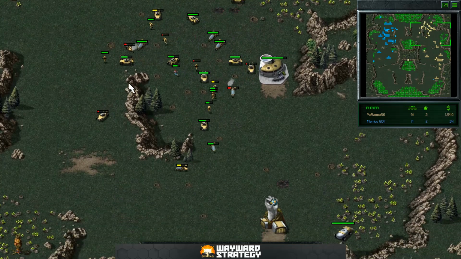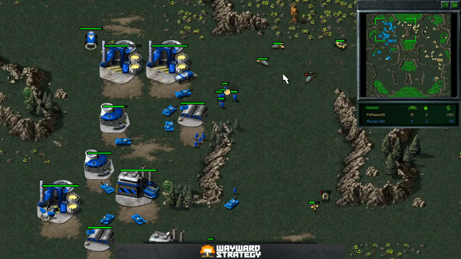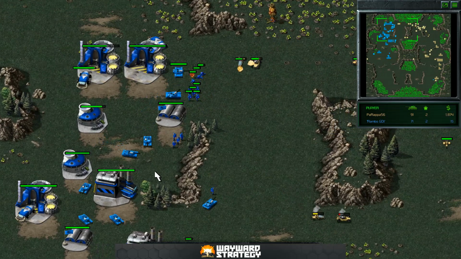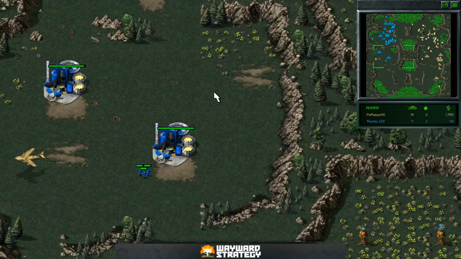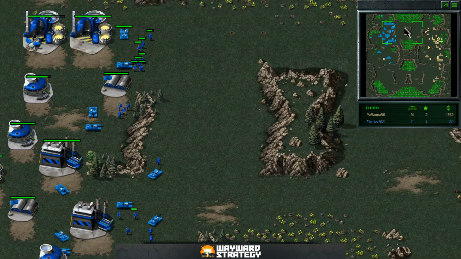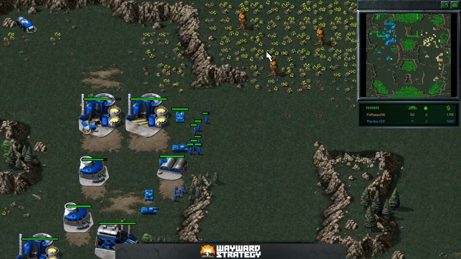So PaRappa buying himself some time. Actually have a single grenadier trying to cause some havoc down here. But honestly, the way these buildings are laid out, this is pretty clever. Putting a couple of troops down here. I think that's smart. Now, at this point, though, what I need to see from Rambo to make sure he